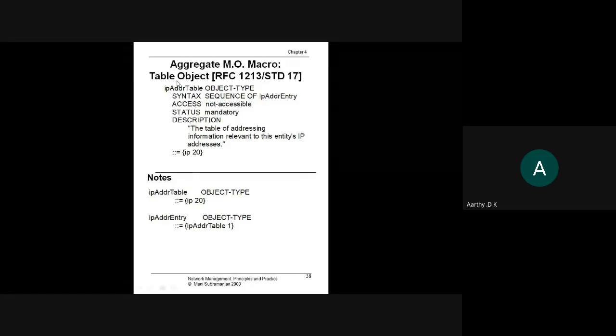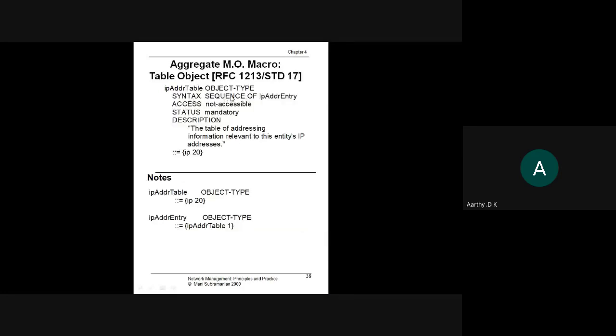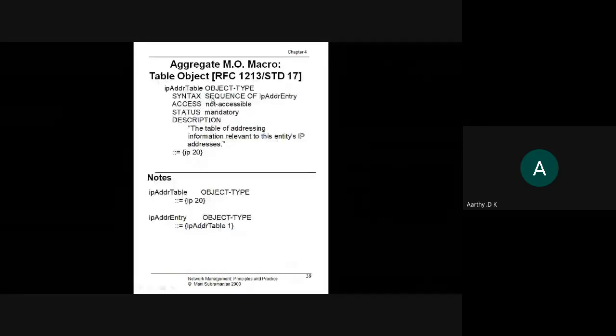So this object type macro, which is already available, can be applied to a single object or it can be applied to an aggregate object, that is, an aggregation or grouping of managed objects. And this is the same example followed by this. So if it is following the sequence of a data type, then we just specify which sequence it is following. So instead, we are just specifying sequence alone.